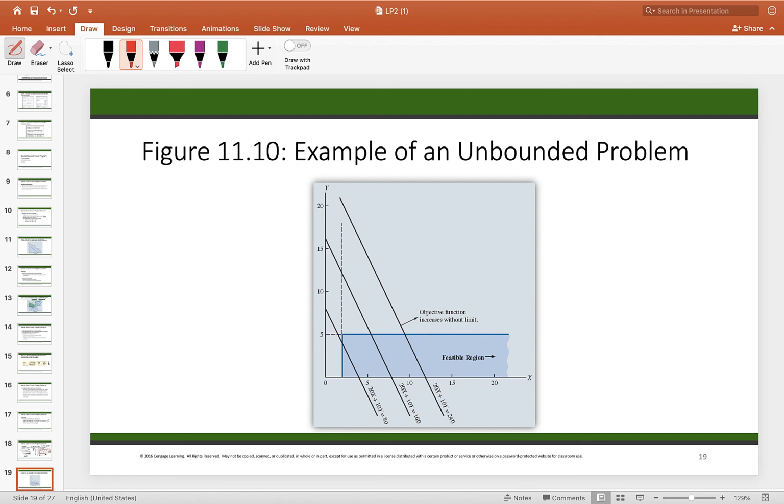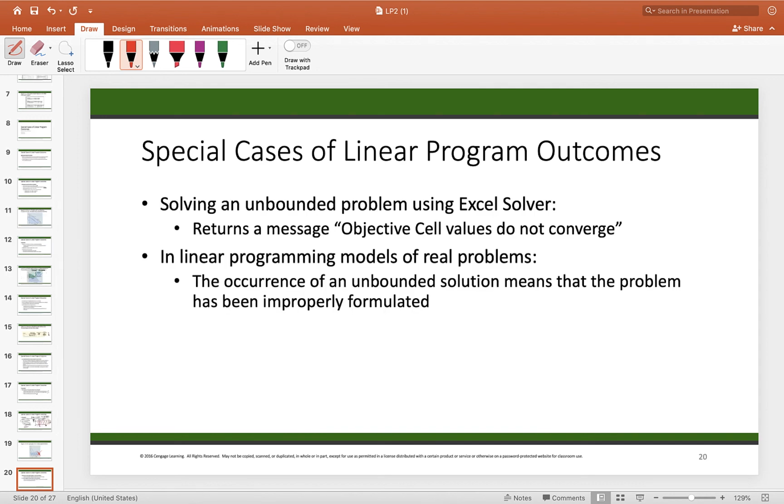If a profit maximization problem such as this one results in an unbounded solution, the mathematical model does not represent a real world problem sufficiently. There's something wrong with it. I mean, there's no bound over here. It could be like this, it could be like this. There needs to be some sort of bound over here. In many cases, the error is the result of inadvertently omitting a constraint during problem formulation, like over here. So there you go, that's how you can get that type of problem. And you need to go back and check all your constraints to make sure that you haven't missed any out